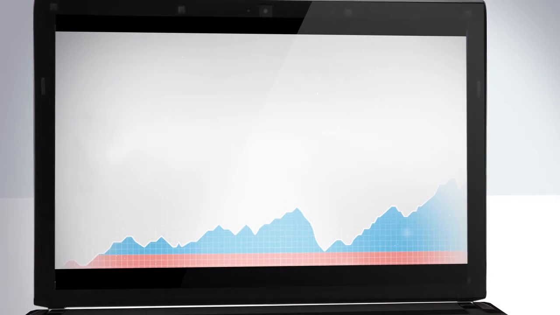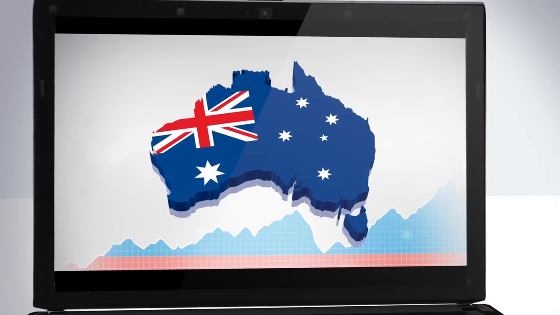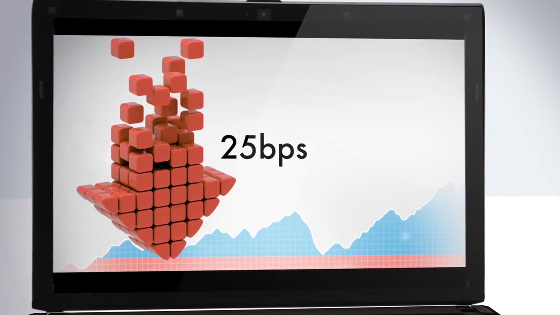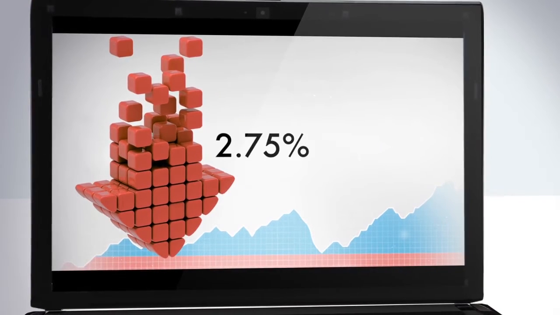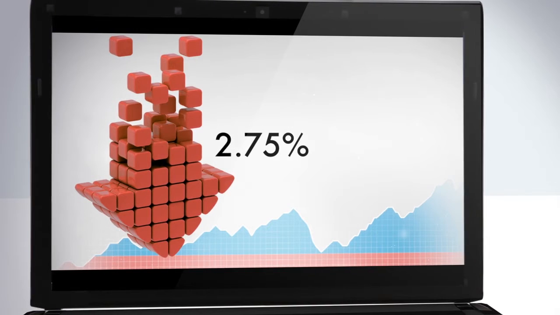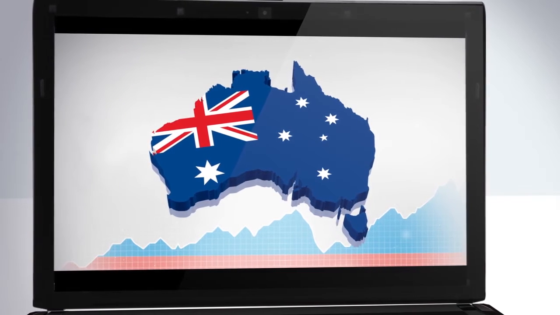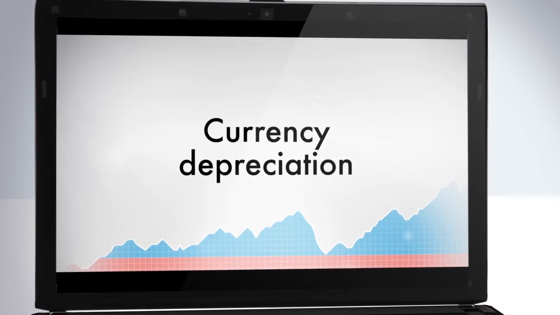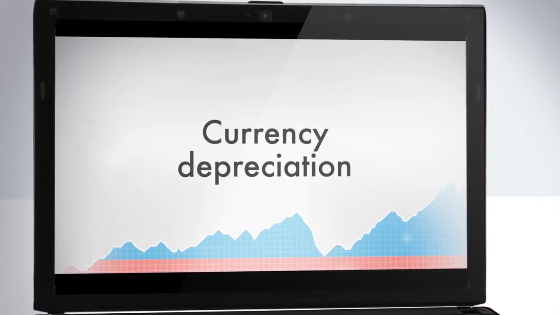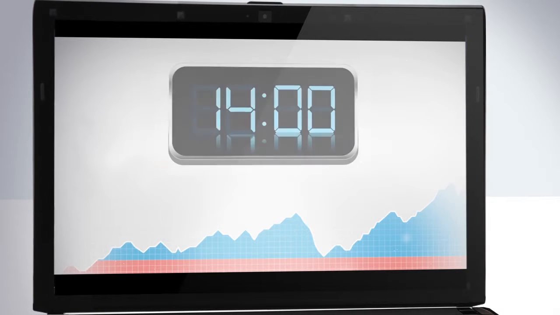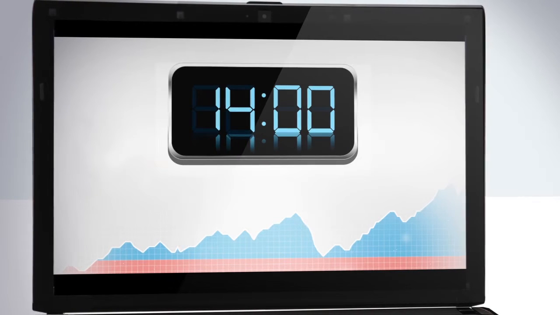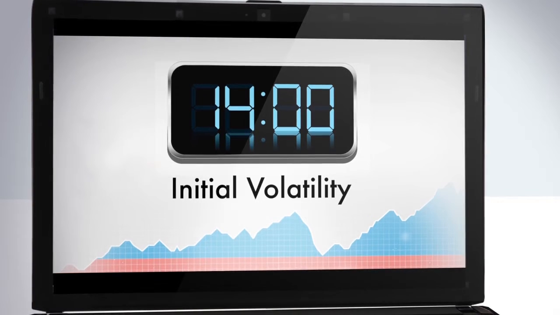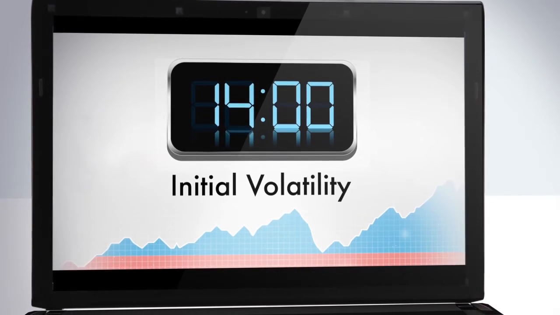For example, on May 7th, the Reserve Bank of Australia cut the benchmark interest rate by 25 BPS to a record low of 2.75% in order to bolster economic growth. Fundamentally, this event indicates depreciation in the Australian currency against other counterparts. After the news was released at 2 p.m. by the RBA, there was initially volatility in the currency as the market reacted to Australia's economic outlook and the